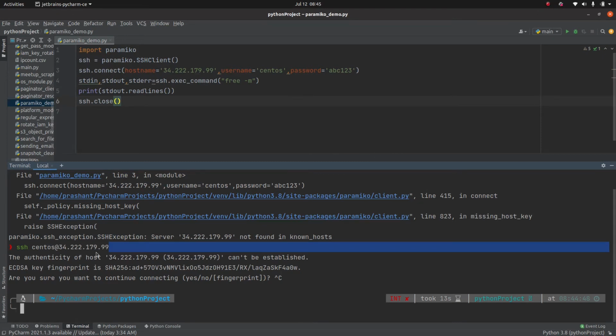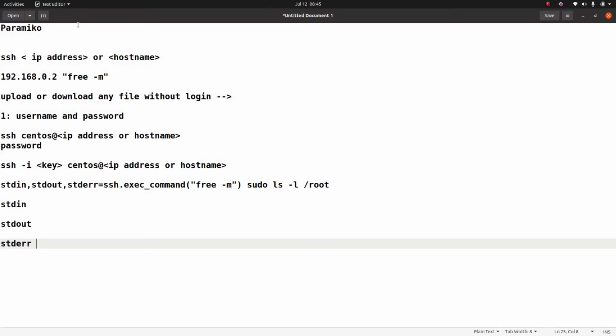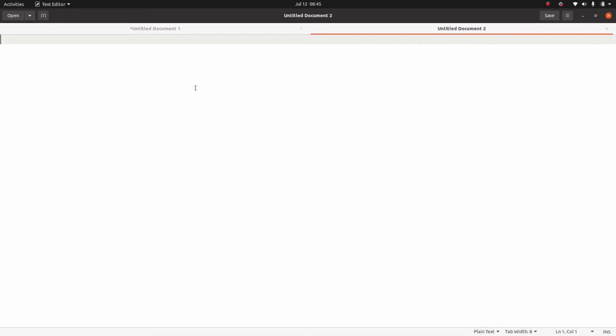And the same thing you can see in the case of SSH also, that when you are trying to SSH to a host the first time, it is asking you to accept the fingerprint, to accept that trust between this machine and the remote machine. Okay, so let me reiterate that. This is your local machine, right?